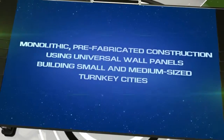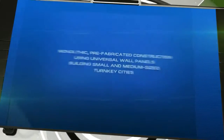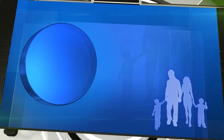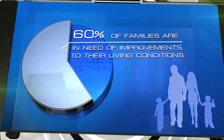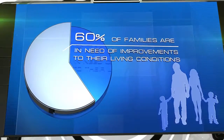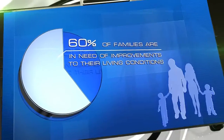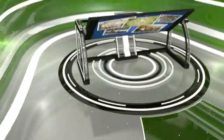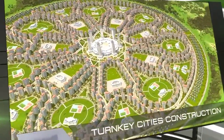Introducing a set of technologies for turnkey construction of small and medium towns. Currently, the situation in terms of providing homes to people is significantly better than it was several decades ago. However, according to various sources, more than 60% of families all over the world are still in need of improvements to their living conditions. In order to solve this problem, we've developed a suite of technologies for building micro-neighborhoods and